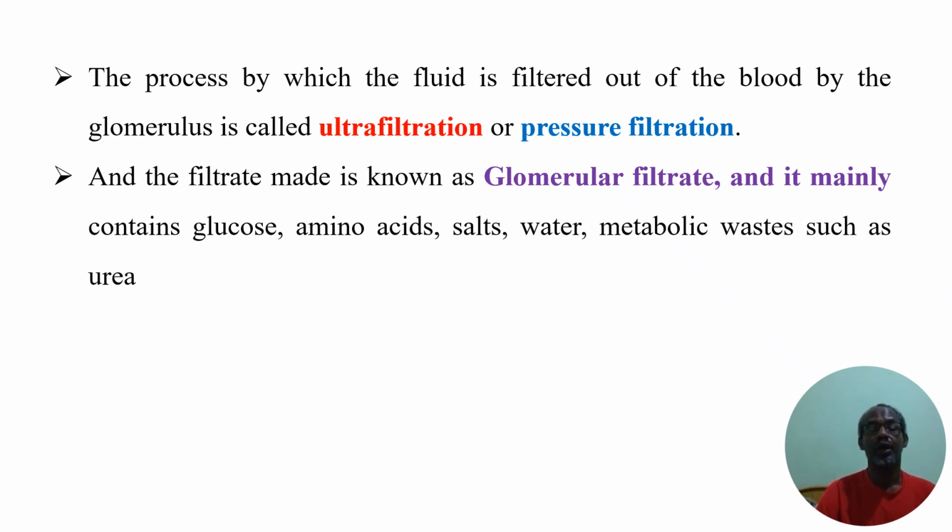wastes, and all these. It contains all contents of the blood except red blood cells, white blood cells, platelets, and plasma proteins like albumin and fibrinogen. These are very big molecules. They are not allowed to come out of the blood into the space in the Bowman's capsule, unless, of course, your kidneys are abnormal or failing, in which case proteins can come out, so that the proteins may